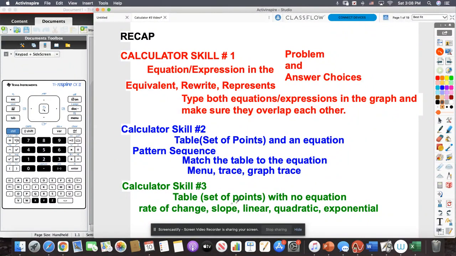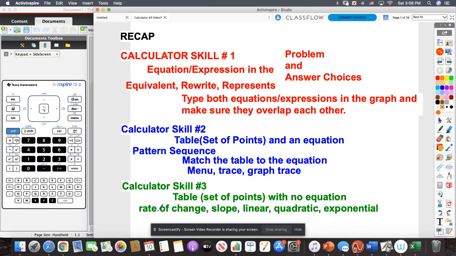So today we're going to talk about calculator skill 3. And we're going to have a table again. So just like calculator skill 2, we're going to have a table. But the difference is this time there's no equation anywhere. Okay, when there's an equation, you just type in the equation in the graph and go and match the table. But when there's a table but no equation, that's when we have to use calculator skill 3, which is running